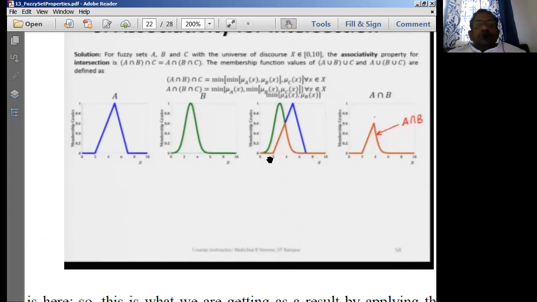Among these two, what is now? This is nothing but our B. This is nothing but A. Now among these two, which is the minimum? 2 is the minimum because it is 0 totally. Right. Then it is more. Maximum value is coming here. This is less. So therefore, triangular function will be followed. Then later on, A is more than B. Intersection means minimum. So among B and A, which is minimum, B is minimum. So we'll be getting this curve B. So this is nothing but A intersection B.